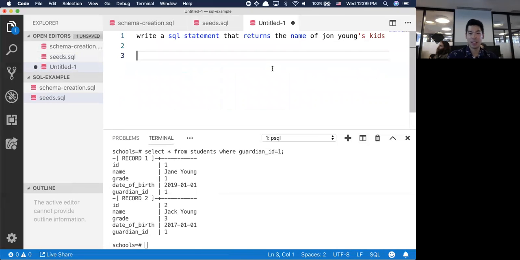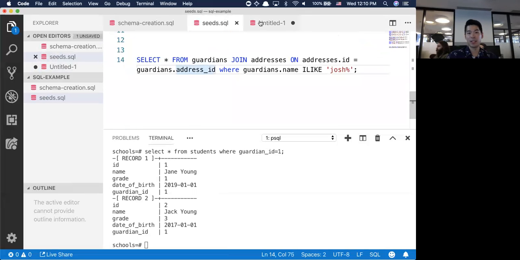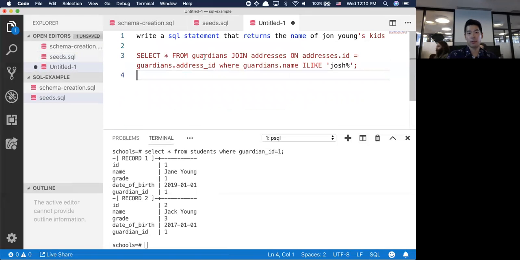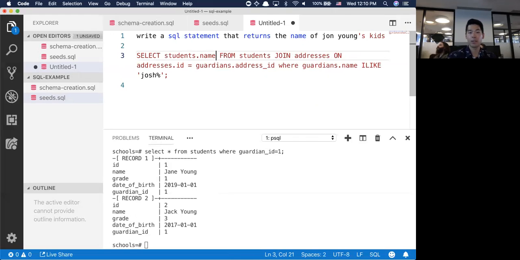Select star from students. Yeah, it's going to be some variation of this one down here. Remember, I want the name of my kids. Are you doing a join or do you just say where? No, so right now I'm selecting everything. I just want my kids' names. I don't want to know their grade or their date of birth. Select student names from students, join, I think it's going to be guardians, where is equal to,